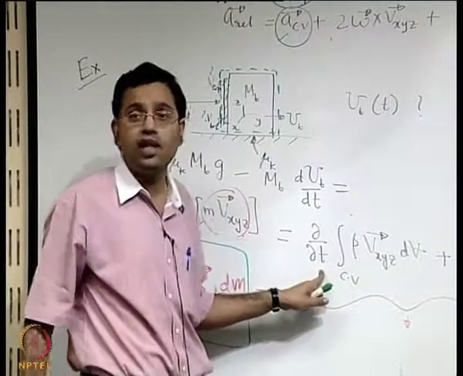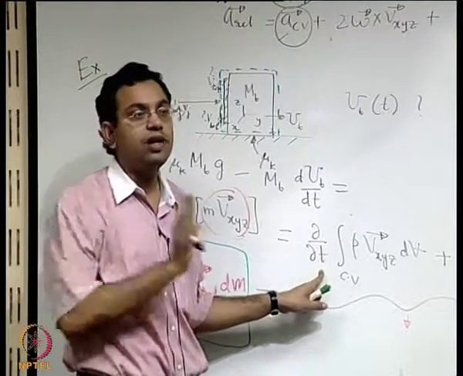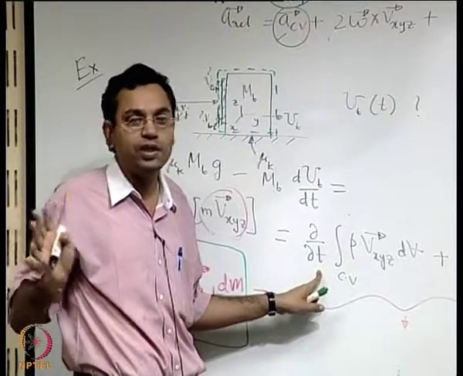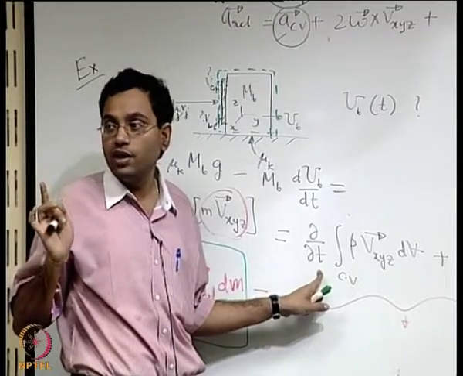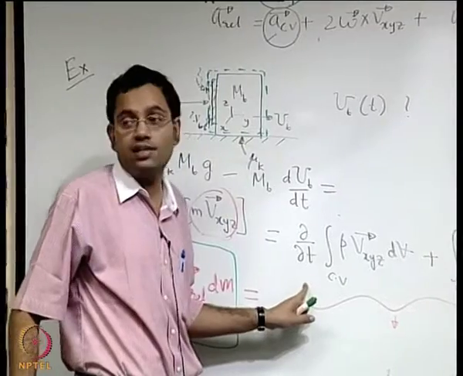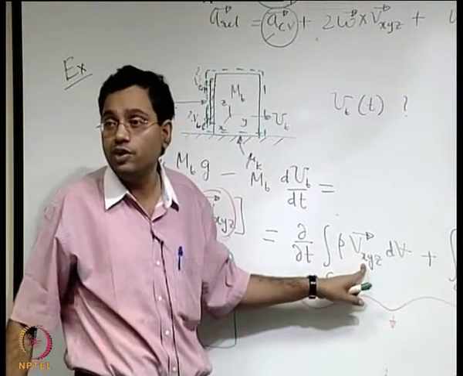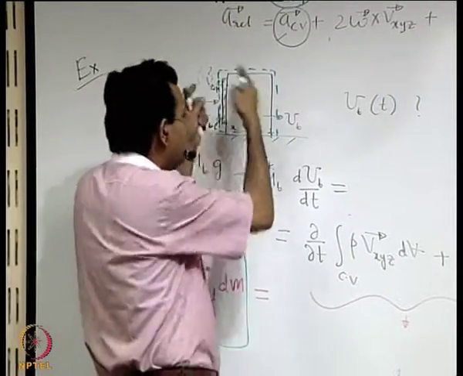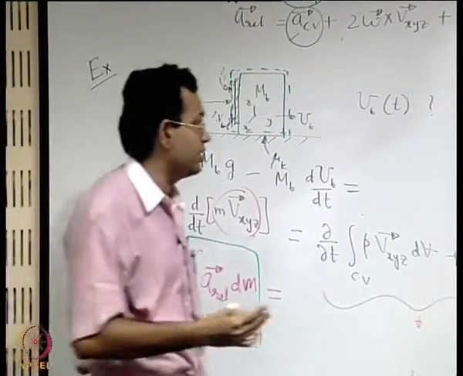See, we drop this term for solving the problem in the exam, fine. When you drop the term and solve the problem in the exam, if you solve it correctly, we have no way to deny you the credit, but your conceptual understanding is not satisfied there. You must be convinced why this term is dropped despite the fact it is an unsteady flow. It is not because this velocity is 0; clearly it is coming out with some velocity, but you neglect the effect of that volume of water which is inside and the time dependence associated.